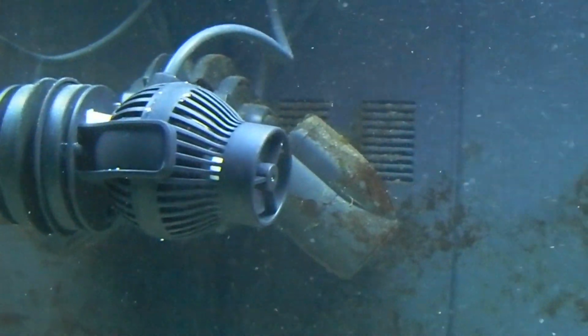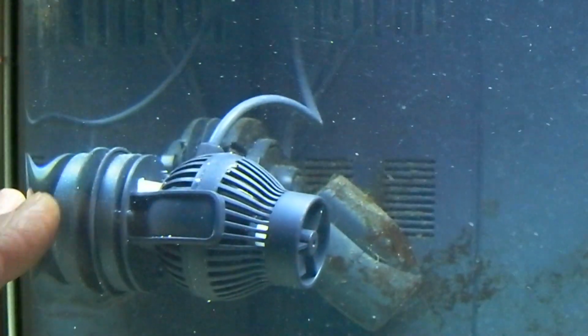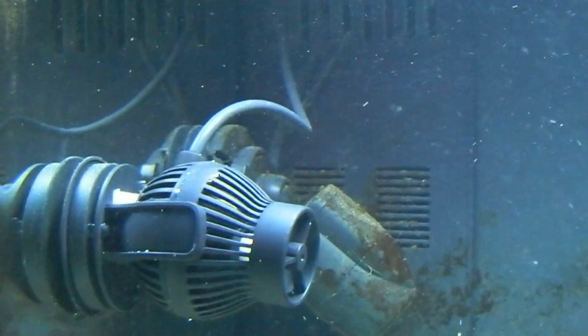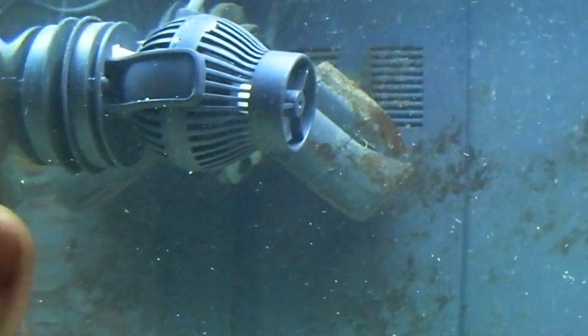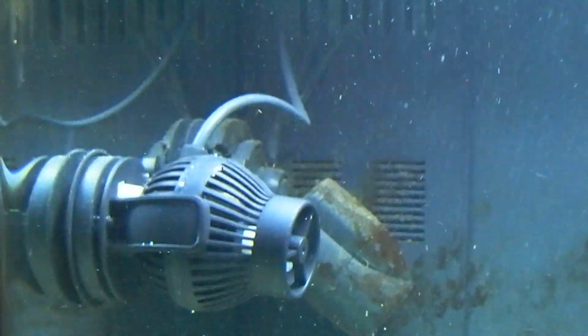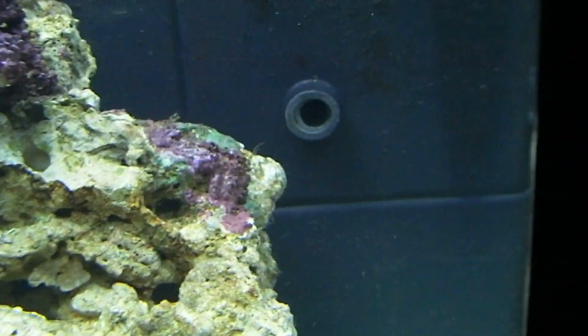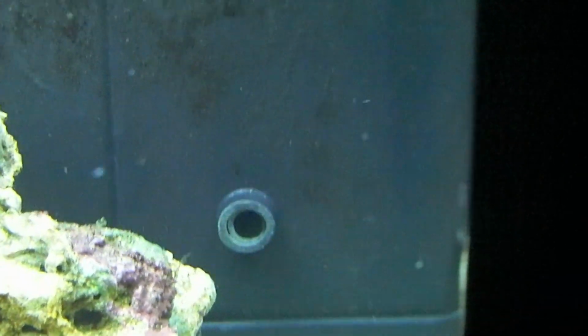I had this possibly a fraction higher originally and got a very nice wave on the lowest speed setting, but it seems the deeper you put it into the tank, the higher the speed needs to be to get that sort of wave effect. The other thing we've done is I've just temporarily removed the,